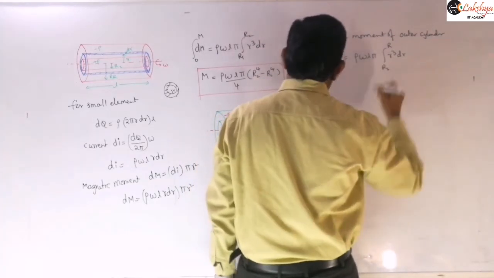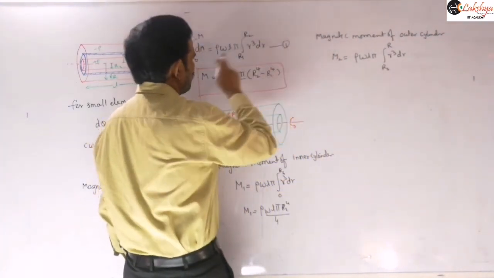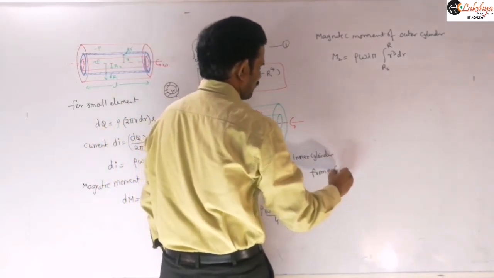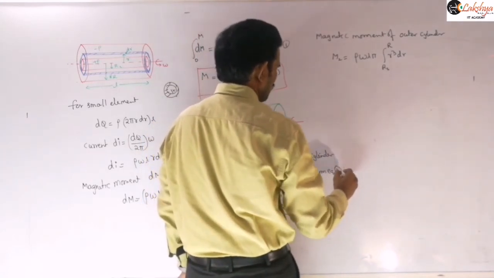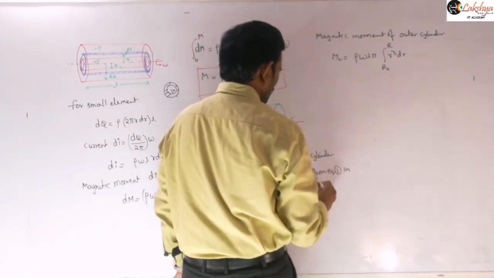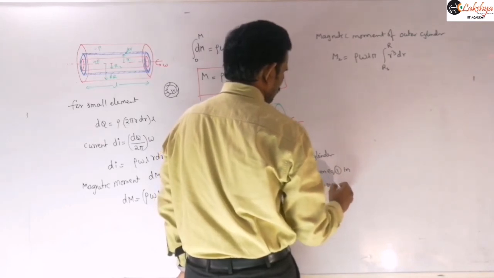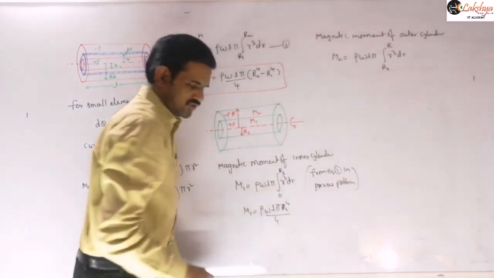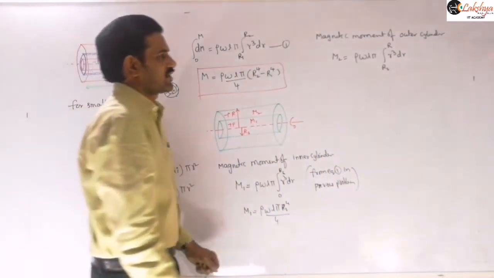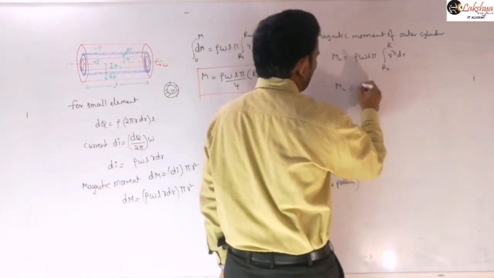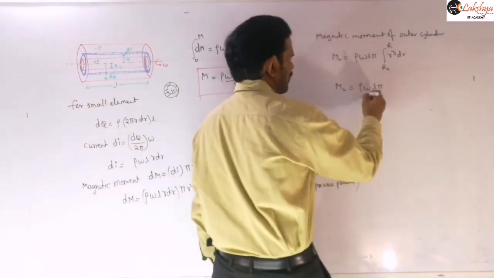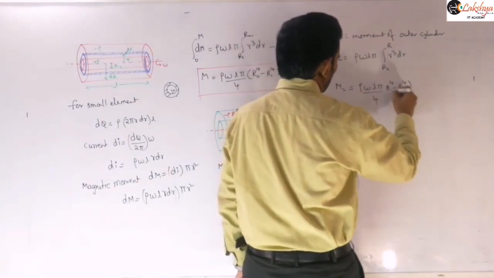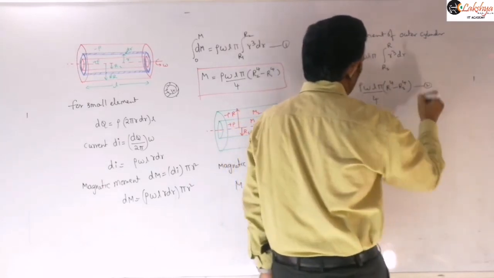dr. Let's suppose this previous problem, let us take that as equation 1. We are writing from equation 1 in the previous problem. From that equation we write this expression directly, and therefore this m2 is equal to rho omega L into pi by 4 into R power 4 minus Rs power 4, and this is our m2 value here.